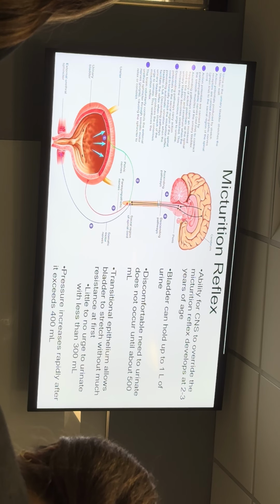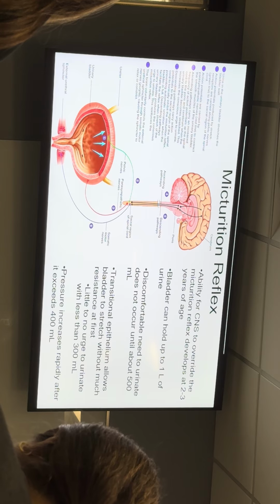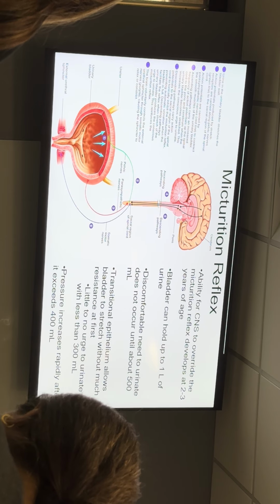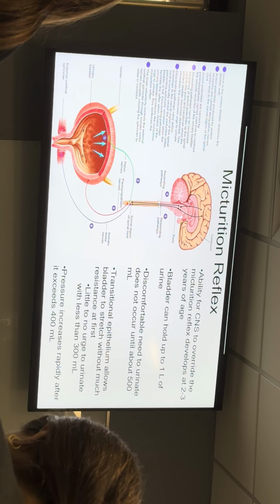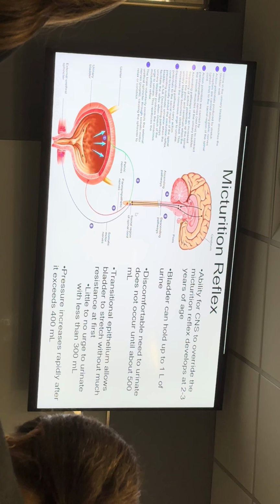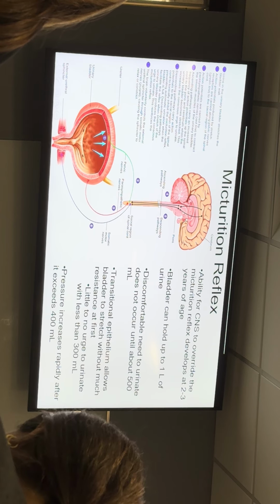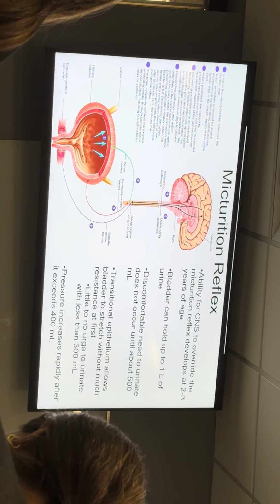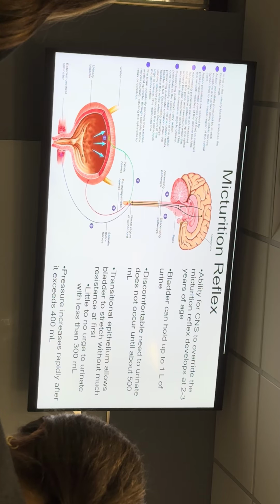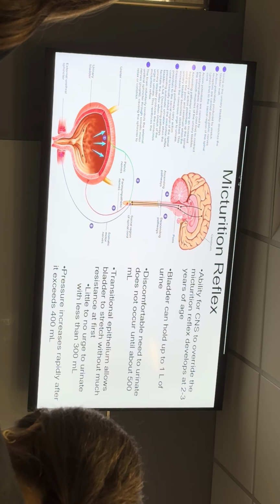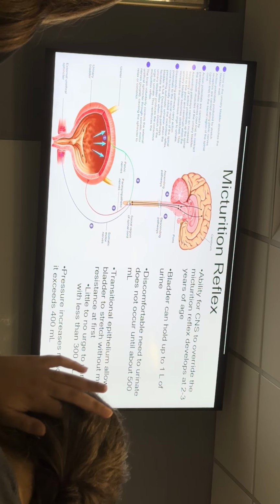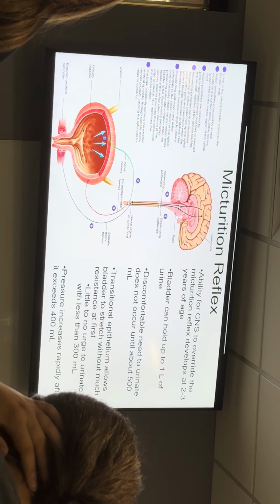Before you turn 1, you also don't have the sensation that you have to pee. Your brain doesn't comprehend it. Around when you turn 1, you develop sensory signals that go up to your brain, like, oh, that feeling means I could go pee now. Oh, that feeling means I should go pee now. Oh, that feeling means that if I don't go pee now, I'm going to pee my pants. You get the difference in those feelings and understand what they mean. And then you start to send inhibitory signals down, and you inhibit this automatic reflex. You constantly are inhibiting this automatic reflex.